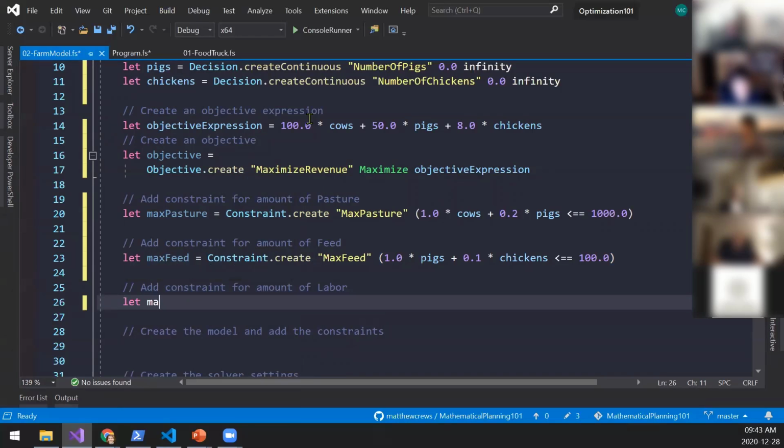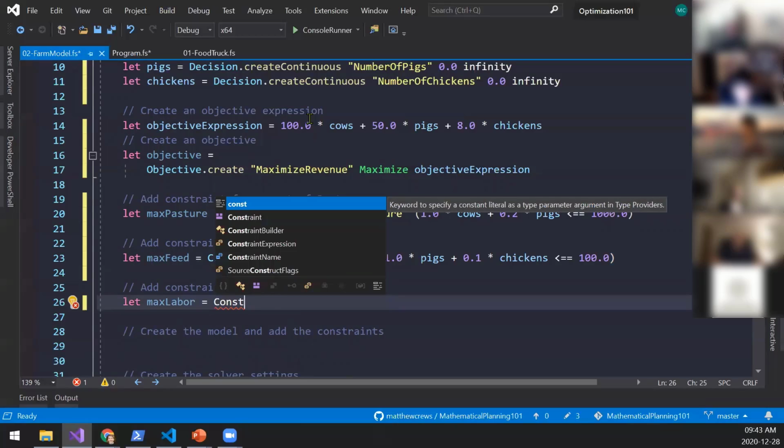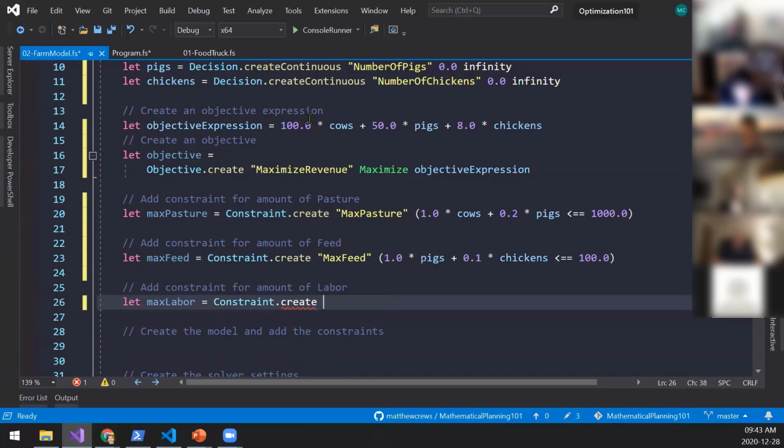And then max labor. Constraint, create max labor. 9.5 times cows plus 8.0 times pigs less or equal to 7,200.